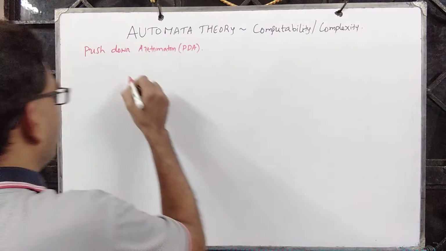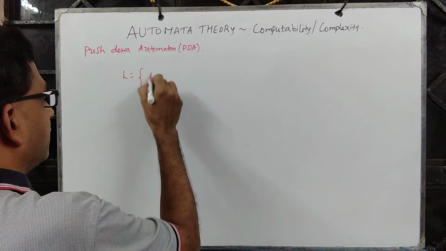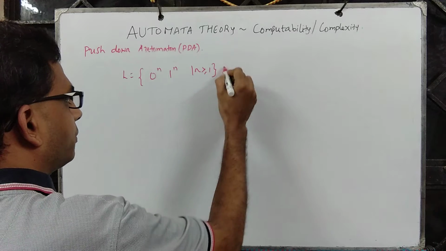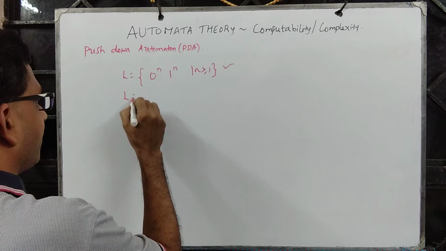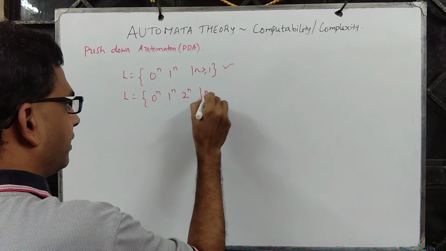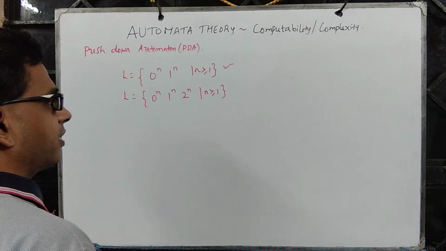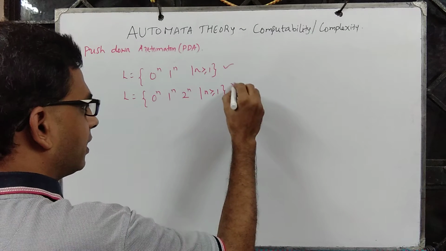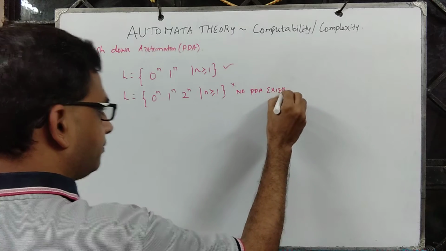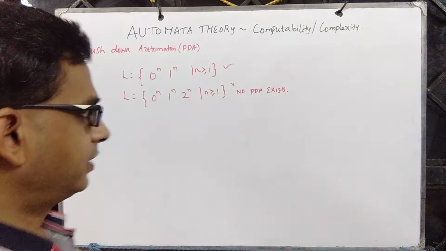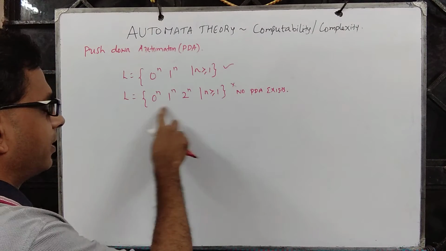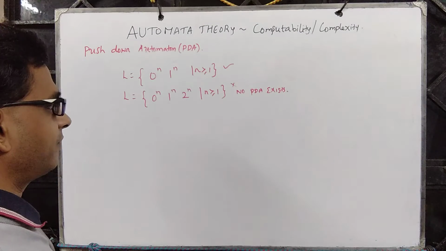So we saw that if the language is 0 power n, 1 power n, n greater than or equal to 1, then a PDA exists. Then for 0 power n, 1 power n, 2 power n, when n is greater than or equal to 1, we intuitively argued that no PDA exists. The structure of the PDA itself limits us to accept languages of this type,